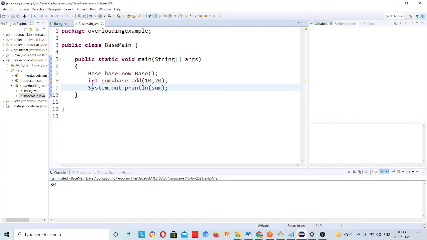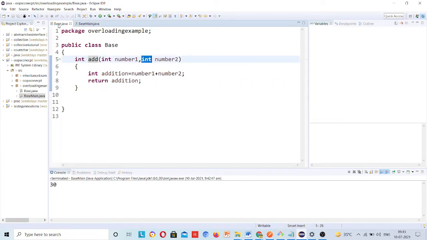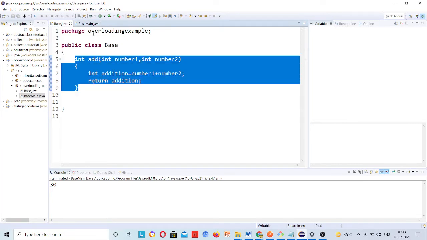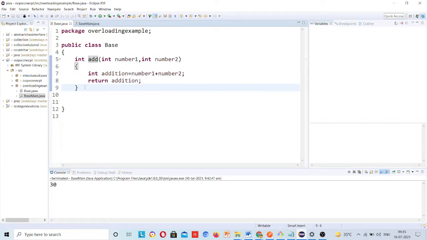So this is not overloading, this is a normal method that you have created. In your project, this method is common whenever you have the requirement for addition. Suppose you are developing a calculator application, so anytime you have to use this addition method, but there are two arguments only. Tomorrow you want to add three numbers. And it is not only about add, this is just to understand the concept.